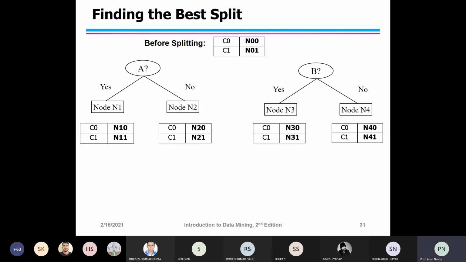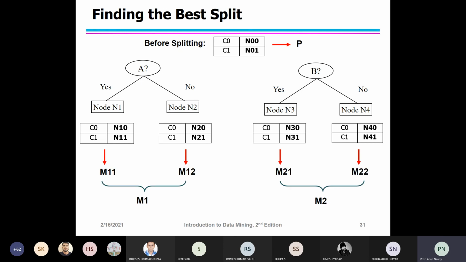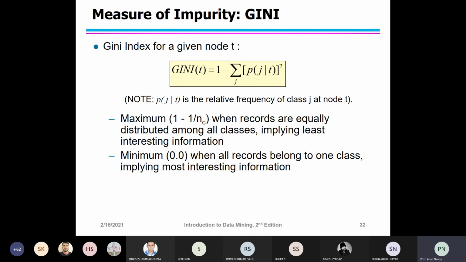I'll explain this to you in the next class with some numerical examples, since I have just introduced this topic. That is, how do you calculate the information gain? You have to find the Gini index, the entropy, and the information gain on this splitting. These are the splitting criteria. So before splitting, how do you do it, and after splitting? Then we have to measure the Gini index. In the next class I'll explain with numerical examples how you compute it. Your main splitting criteria are based on this.